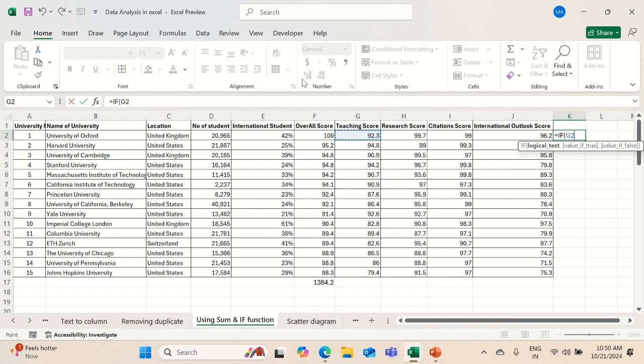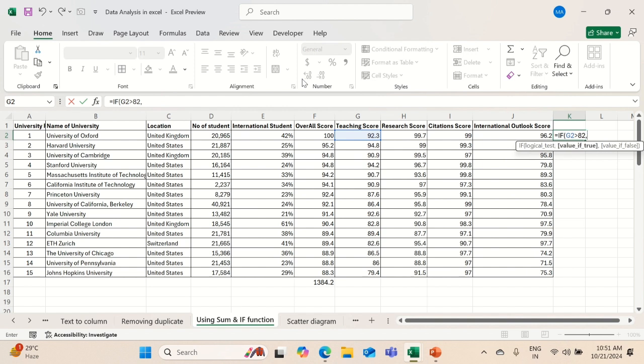After selecting G2, we will be putting a greater than or equal to sign, which will help us to take a greater than number for a specific reason, which is good or bad. Firstly, we will be putting the greater than number. Okay, so we will be putting 82 as a good number, so greater than 82 as a good number,